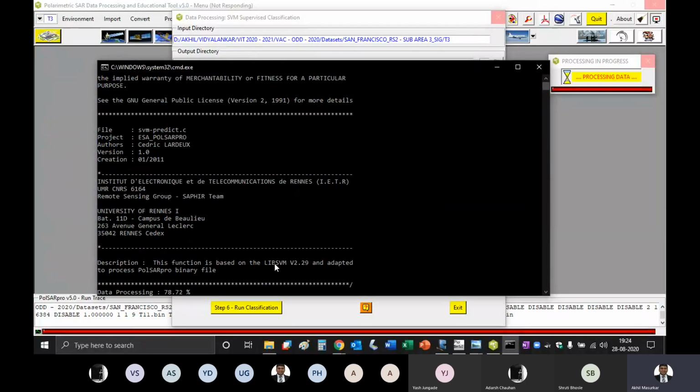But if you are working from a desktop or a machine with a good graphics card and all, this computation will become very fast. So we are just about to finish the classification.